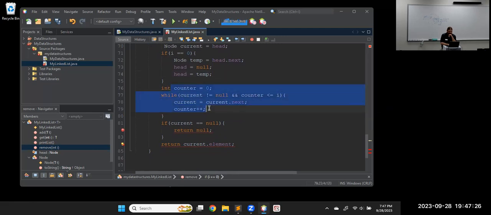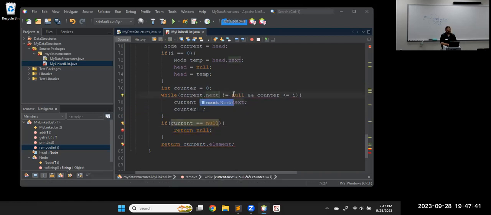Then down here, we'll just walk all the way through to the index. When we get to the end, we have the one we want. So actually that would be too far to remove stuff, right? So if current.next, if the next one is empty, and we're less than, do you see how I moved that equality from,